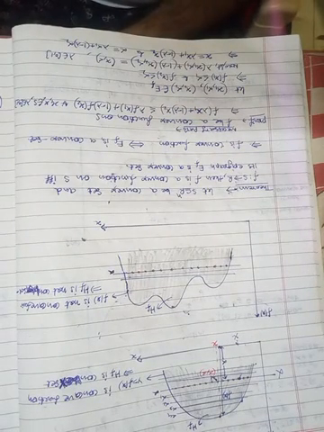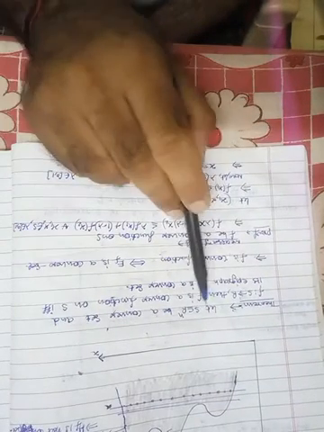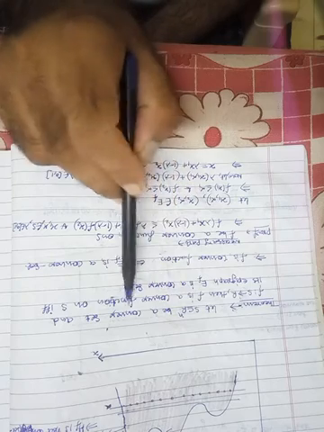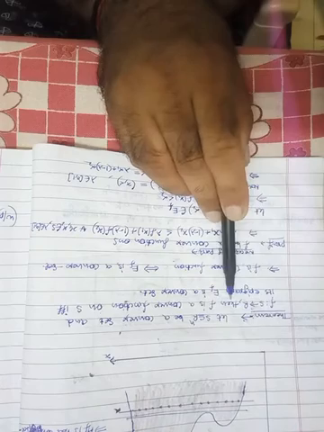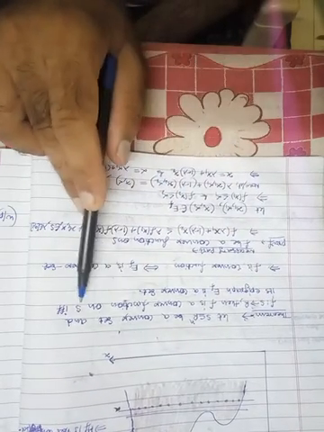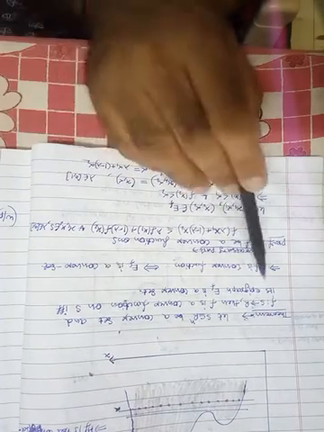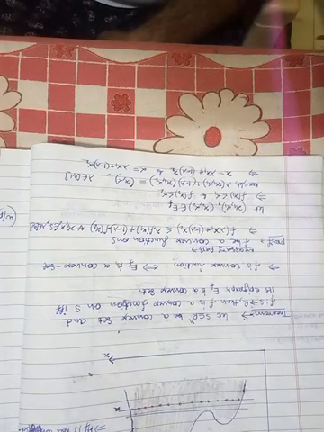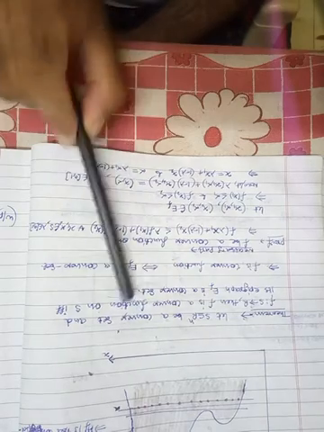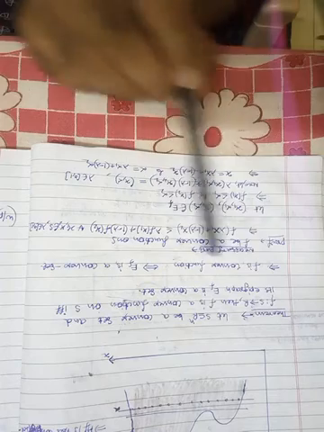Fine. So now based on this, we have a theorem. Suppose S, a subset of Rn, is a convex set, and f from S to R is a function on S. Then f is convex if and only if its epigraph is a convex set. Here is the function, here is the set. Fine. So f is a convex function if and only if its epigraph is a convex set. We have to prove this.